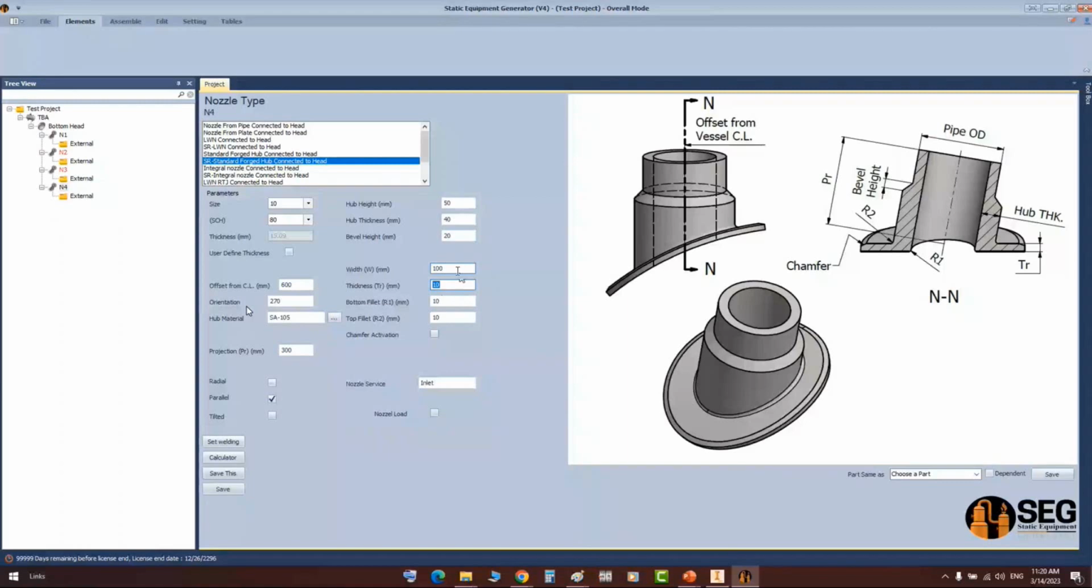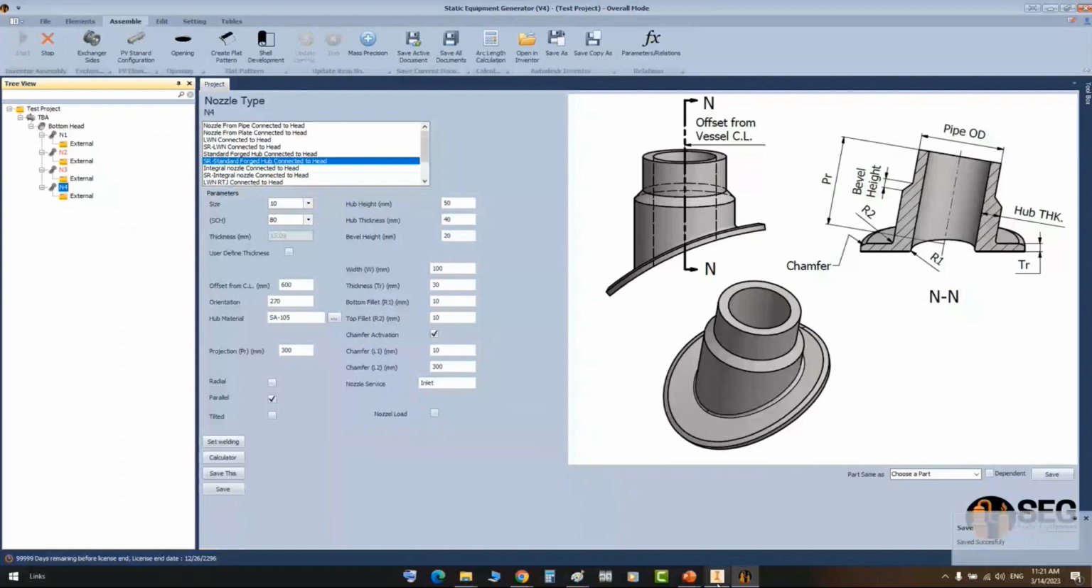this lip. Here the head thickness is 20, so we can increase this thickness to 30, for example, or make it equal. And here, that's the value of the bottom pellet. If you would like to add a chamfer here, the chamfer value will be 10 millimeter, 30 millimeter. So from here, if you click on save, and now when you try to create the assembly,